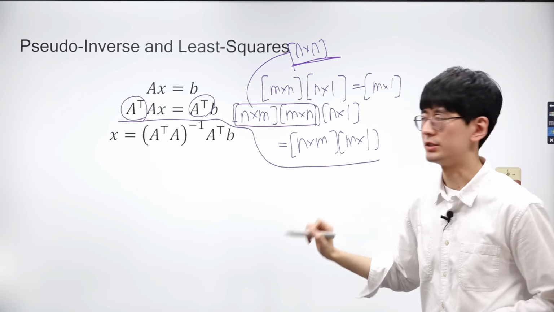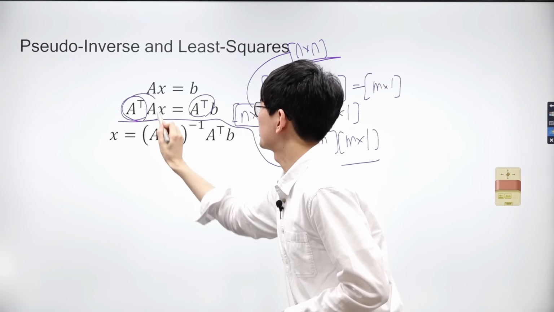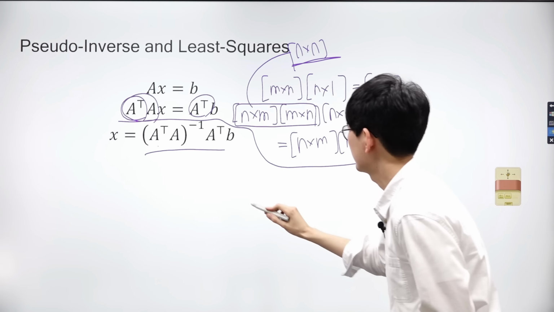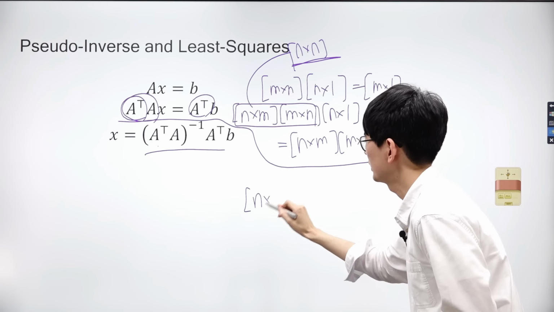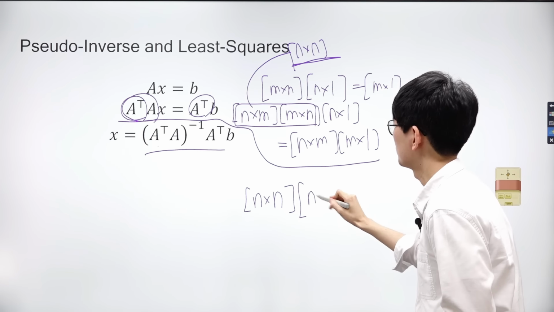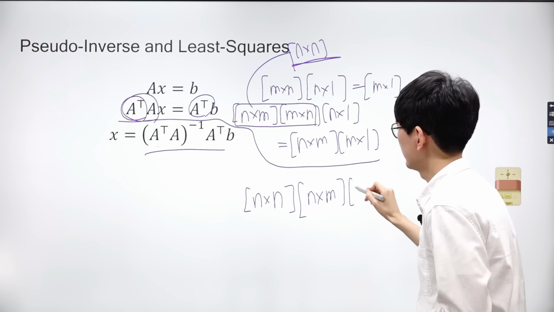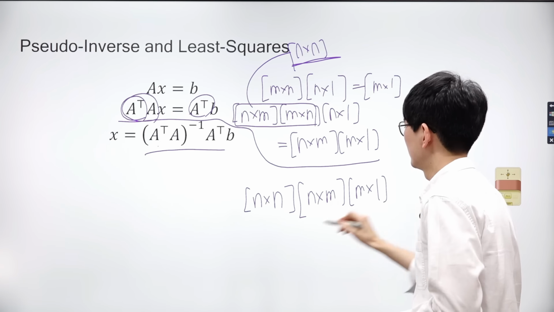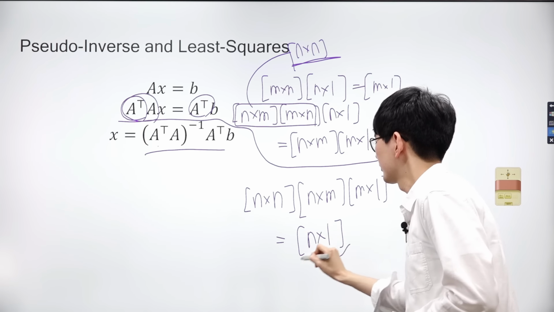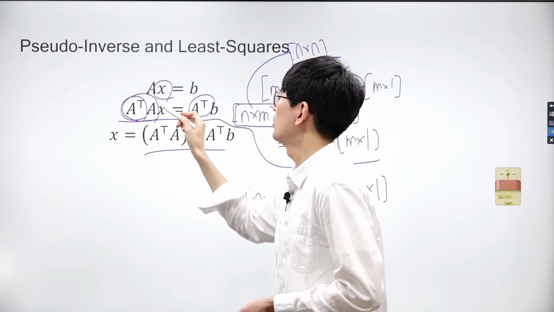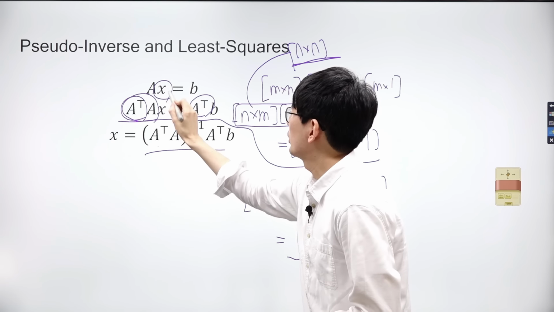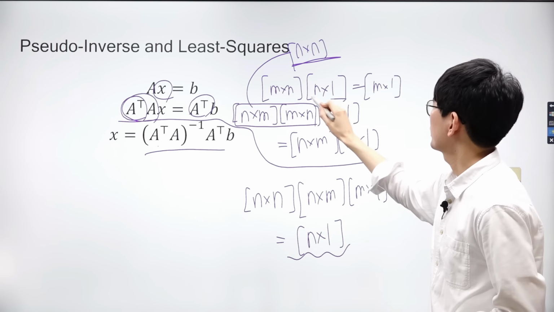This time, we'll multiply the inverse of A transpose times A on both sides of the equation. The dimension of the inverse of the product is n by n, and the dimension of A transpose is n by m, and the dimension of b is m by 1. Thus, the dimension of the final product is n by 1. Does this final product provide a complete explanation of vector x? It depends on the sizes of m and n.